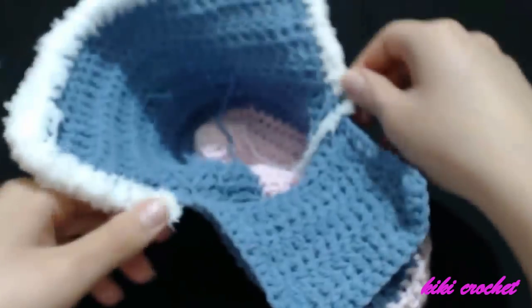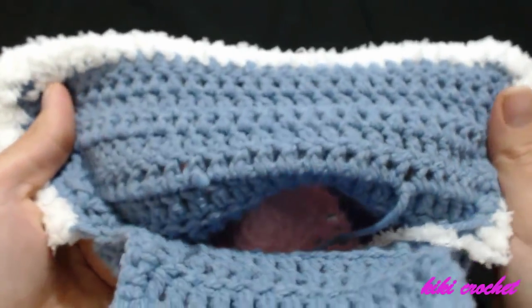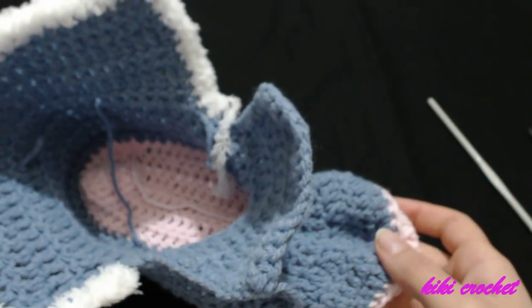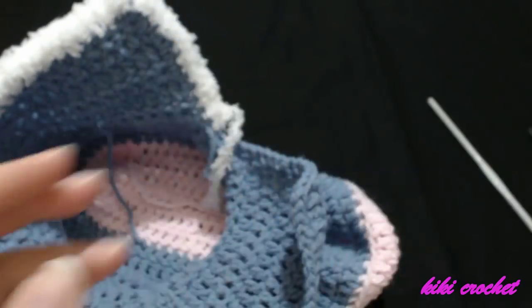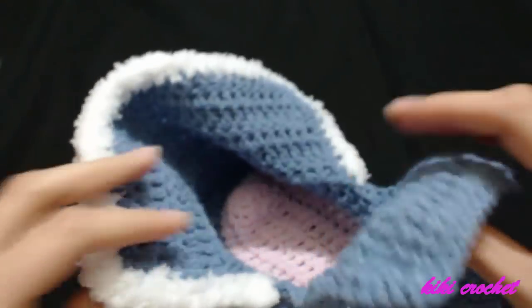So what we're going to do now is I'm going to secure my yarns off camera. Well, most of the yarns I have already secured by crocheting them in my work. So I'm going to secure the rest of the yarn, and I'm going to turn the camera back on, so we're gonna see how we're gonna attach the button and this strap over here to finish off our booty. So I have finished securing my yarns, and